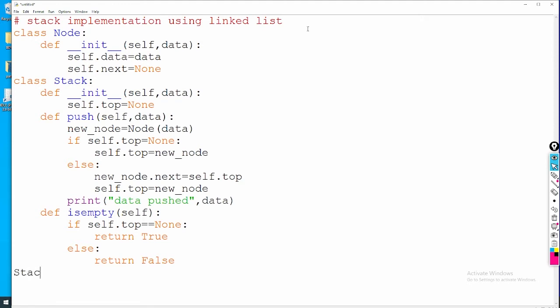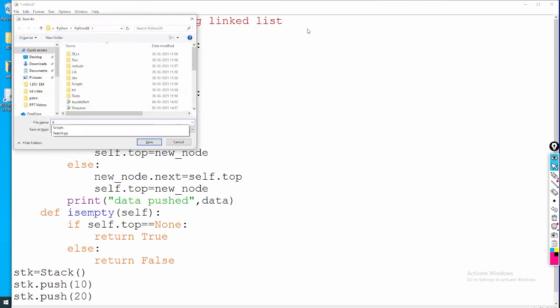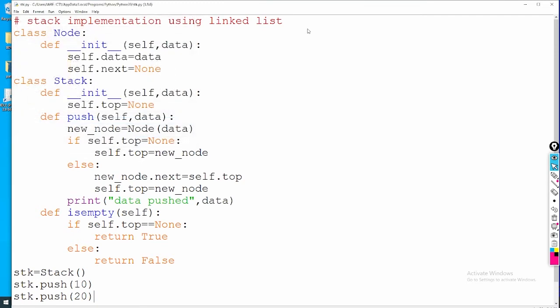So here Stack is my class. STK is my object. My stack is ready. Now here I'll write STK.push(10), STK.push(20). Now 10 and 20 I want to push. Let me first show whether it is working or not. Control S, F5. Press F5. Now it says invalid syntax